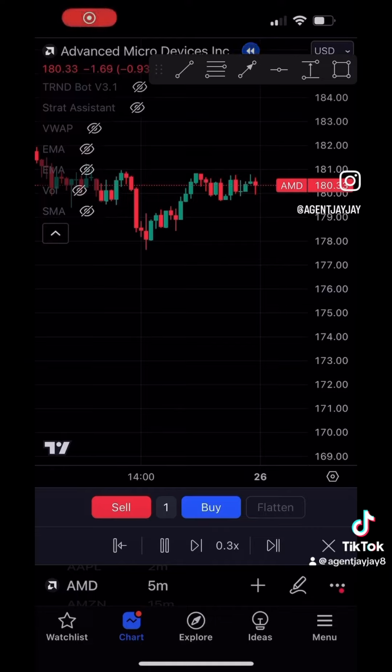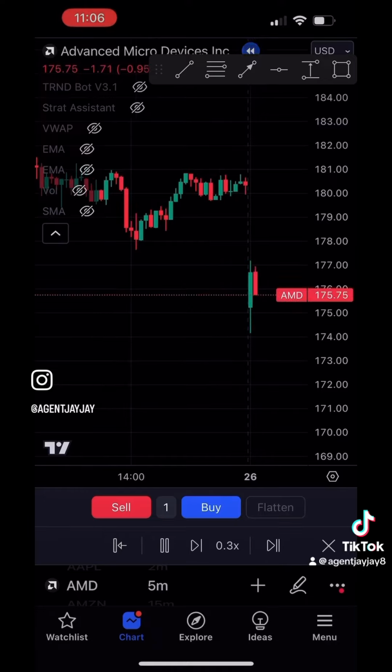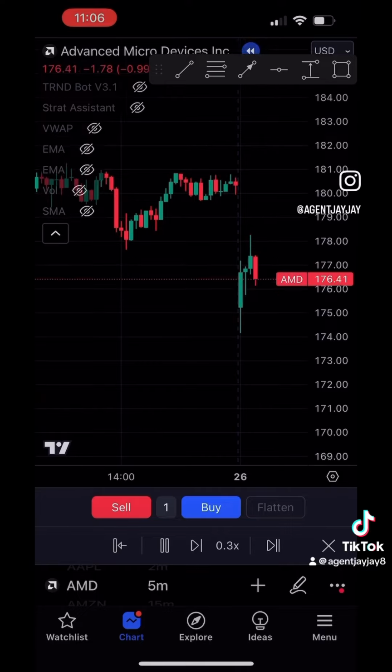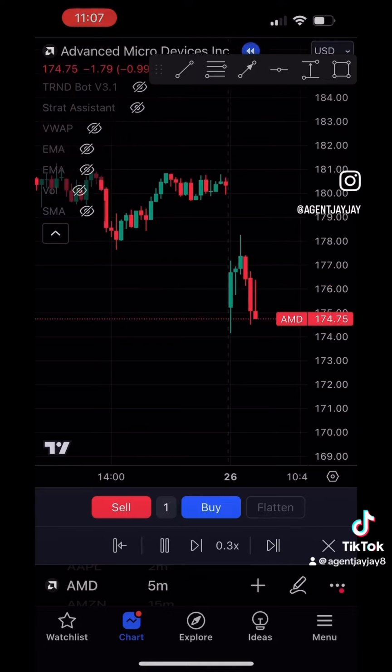So here is a recap of a trade I took earlier today on AMD. As we can see here, AMD opened with what we call a gap down, meaning that the opening price of today was lower than the closing price of yesterday. And typically when you have a gap down, we do attempt to fill that gap either today or at some